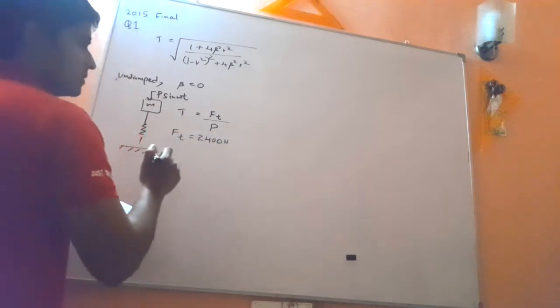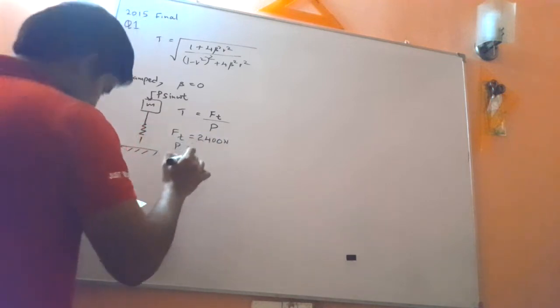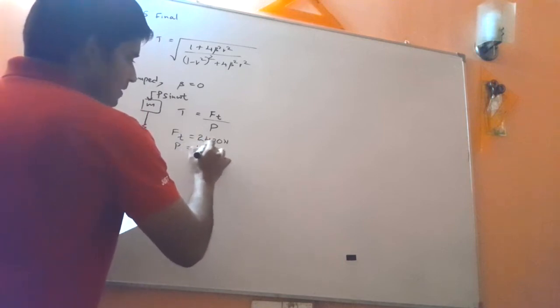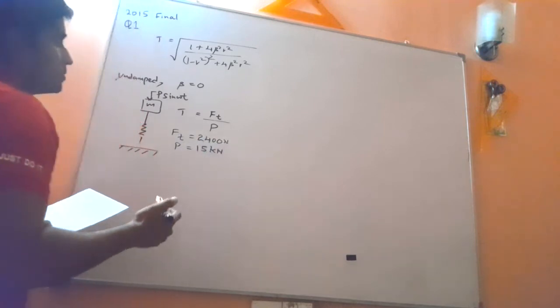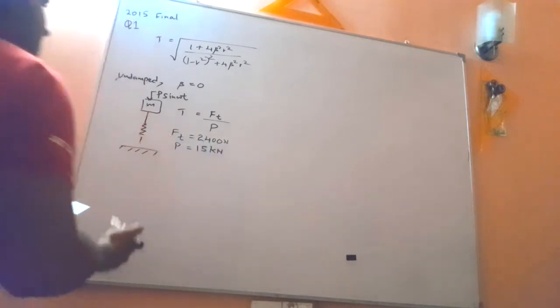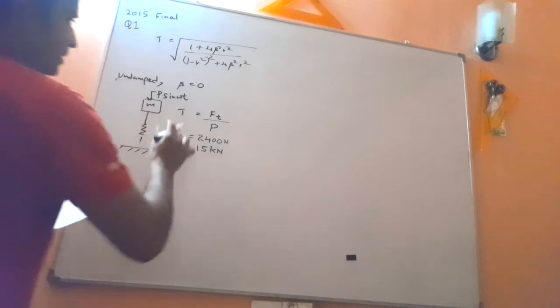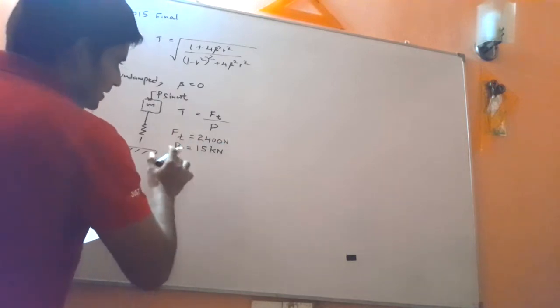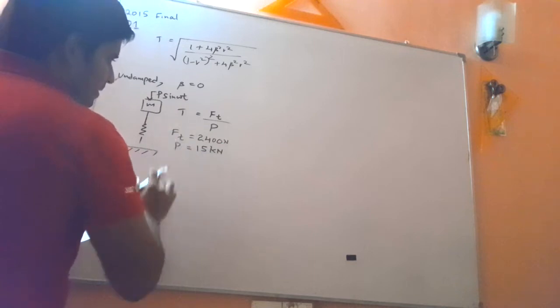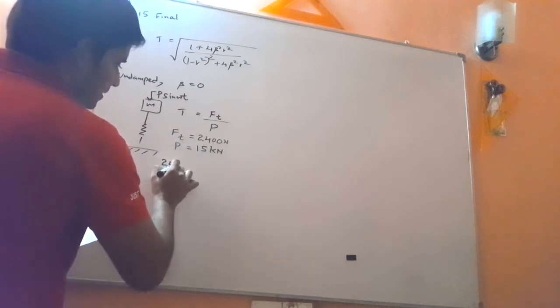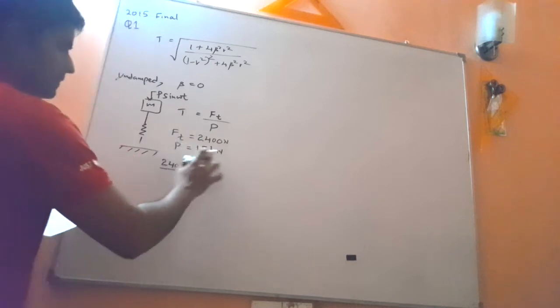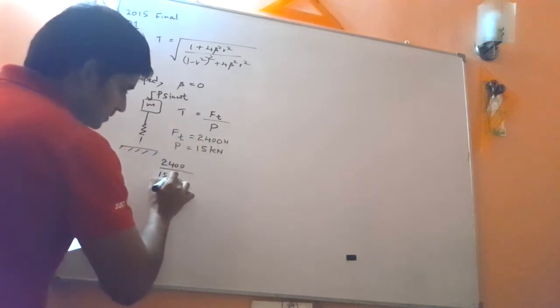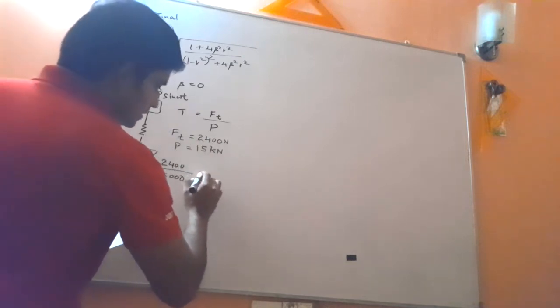P is also given, 15 kilonewtons, so no problem. Now let's use this formula. Transmissibility ratio is Ft divided by P, that means 2400 divided by 15 kilonewton, which is 15,000, equals